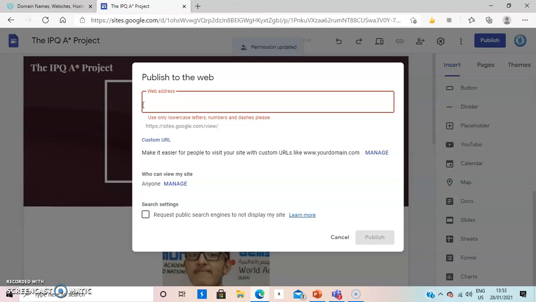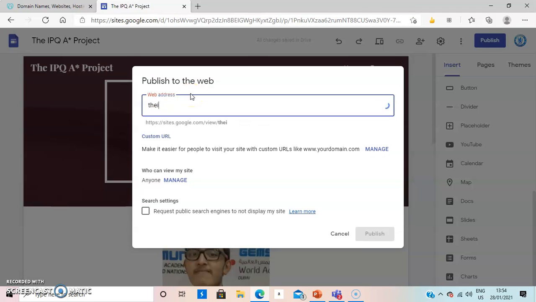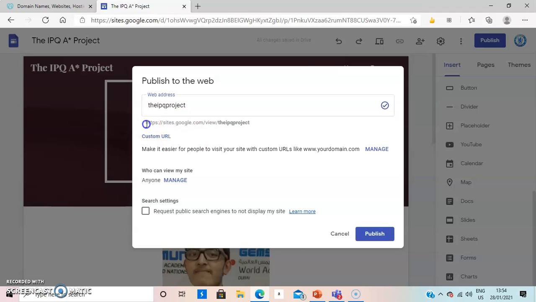Now, let's give a web address to our website. Now, as you can see, since we are using this site for free, we'll have to stick with a common site URL. So whatever we type in the web address box will be put at the end of the URL of Google Sites. So let's call this the IPQ project. So as you can see, our full website address is https://sites.google.com/view/the IPQ